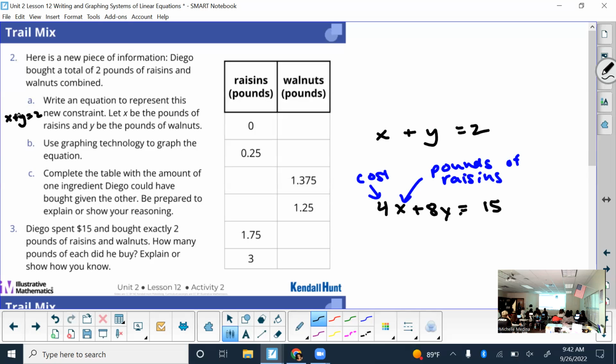Because the x and y represent the actual pounds. We don't care about the cost because we're just looking for the total pounds. Does that make sense? All right. Tomorrow we're going to start by having you graph this new equation and fill out this table. So we'll save that for tomorrow. Make sure you read your notes every